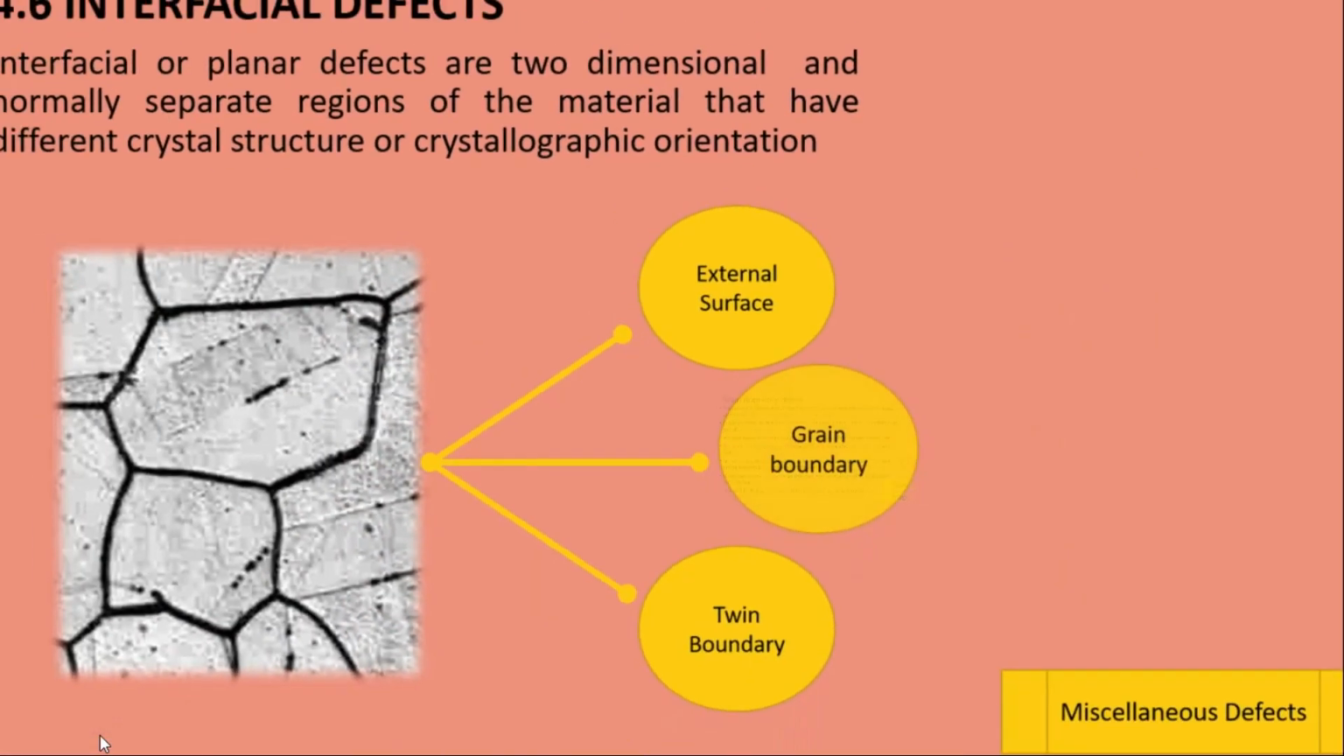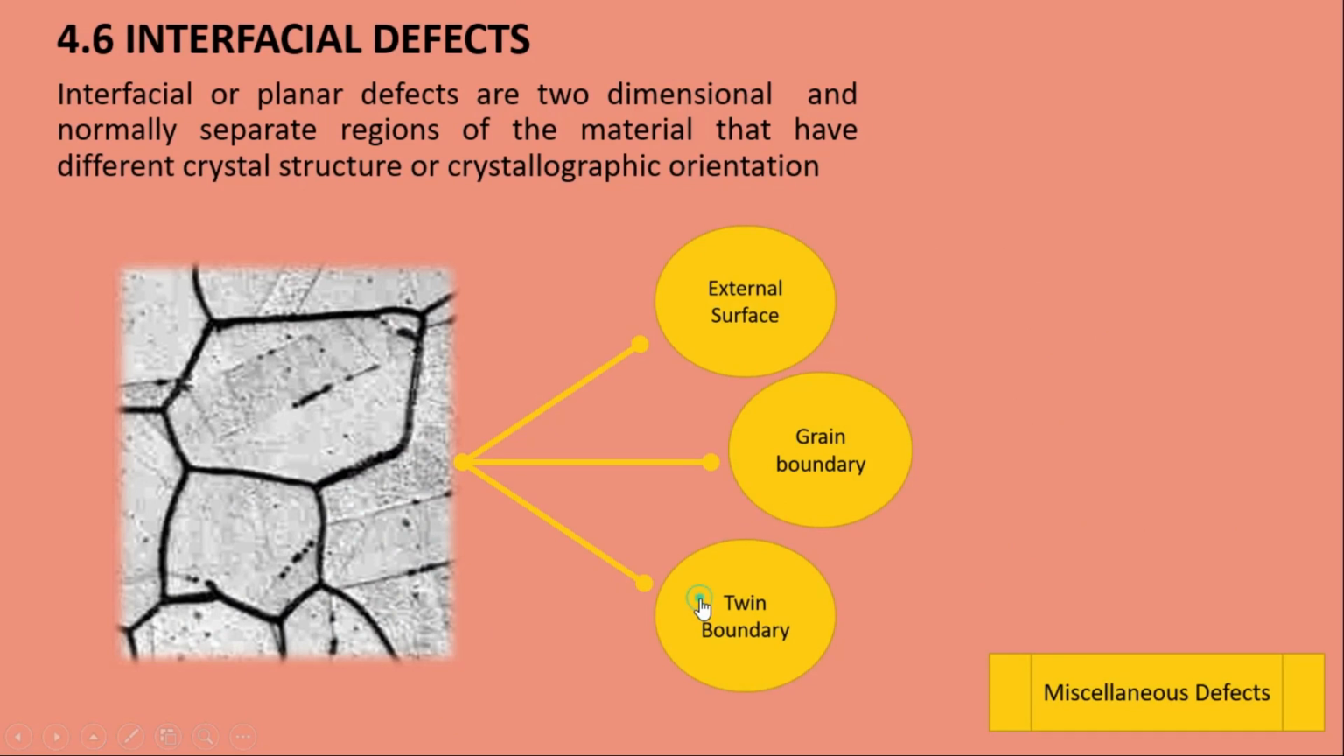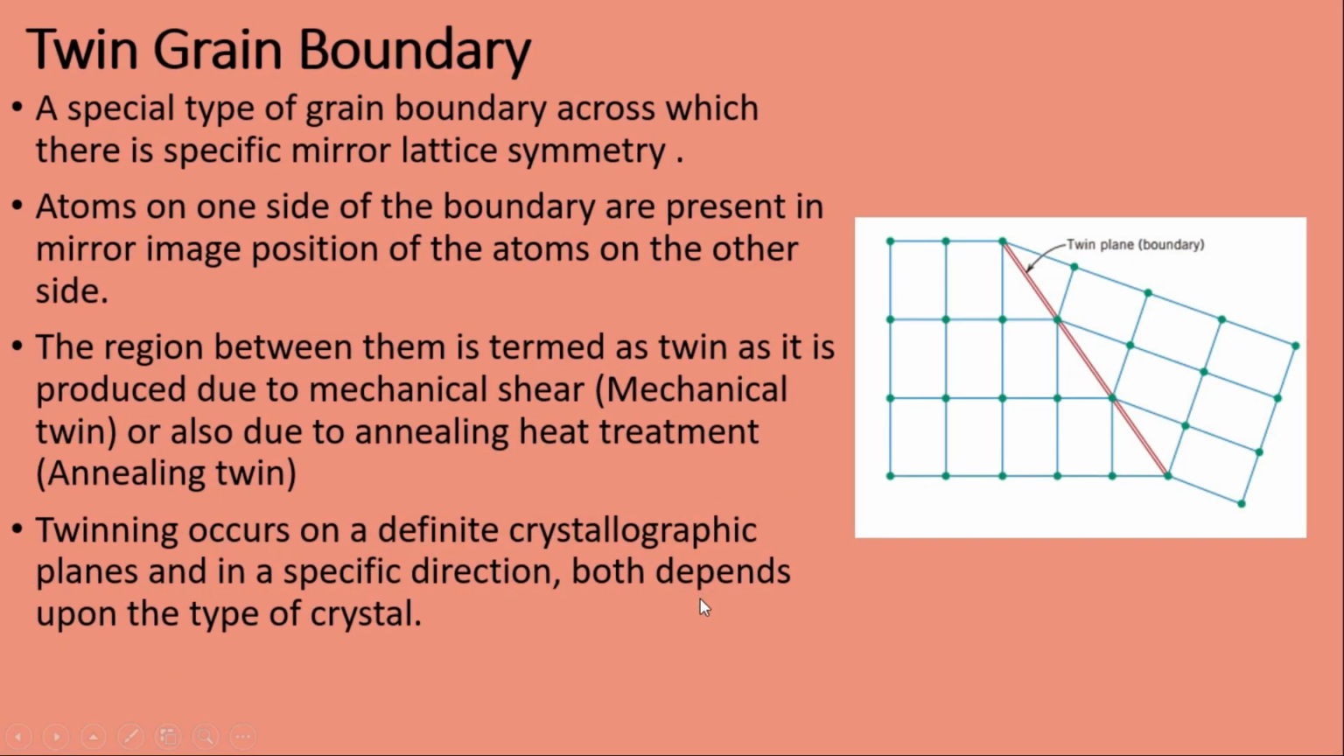Now moving towards the third type, that was the twin boundary. A twin boundary is a special type of grain boundary across which there is a specific mirror lattice symmetry. Due to certain phenomena like mechanical loading, or due to annealing, which is a heat treatment process we just briefly discussed in the last slide, a certain symmetry is created in the crystal lattice,